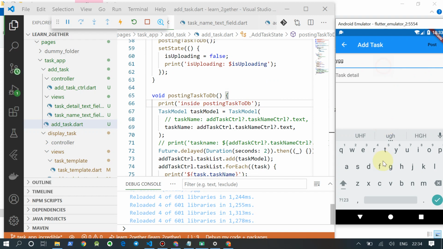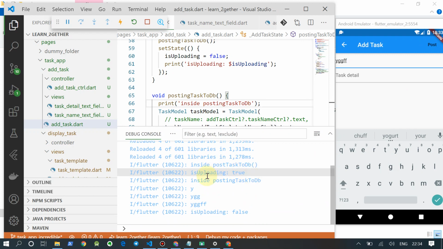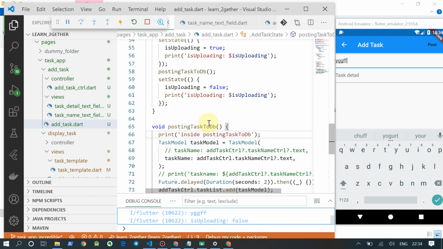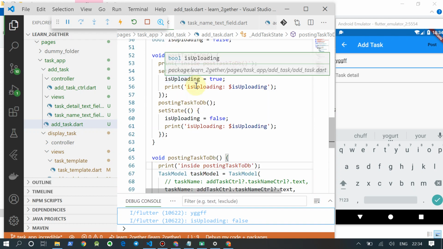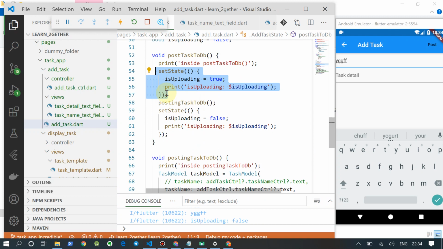Fine. Now when we again post, okay, inside is uploading true, inside posting task to db is uploading false. Okay, what is the error? If you see, this state and that state are being called instantly, it is not taking any time.